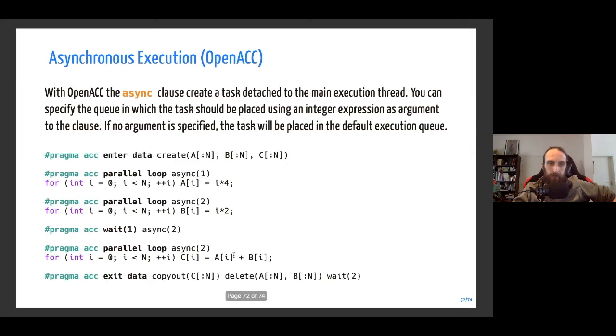You can do something similar using OpenACC, and this is by specifying different queues. So for the first two arrays, A and B, we use two asynchronous queues, 1 and 2, okay? And then we say that inside of Q2, we wait for Q1 to finish.